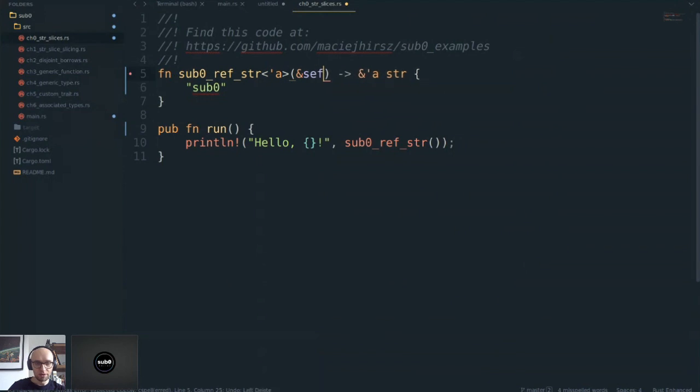But because I don't actually have any parameters here that I could borrow stuff from, I need to actually inform it that, hey, you can actually borrow it from the anonymous lifetime. And the important thing here is that the magical thing that happened is I have this static lifetime, which is the longest lifetime possible. I have narrowed it down to this anonymous lifetime, which is going to just live for this one function. That's clear.